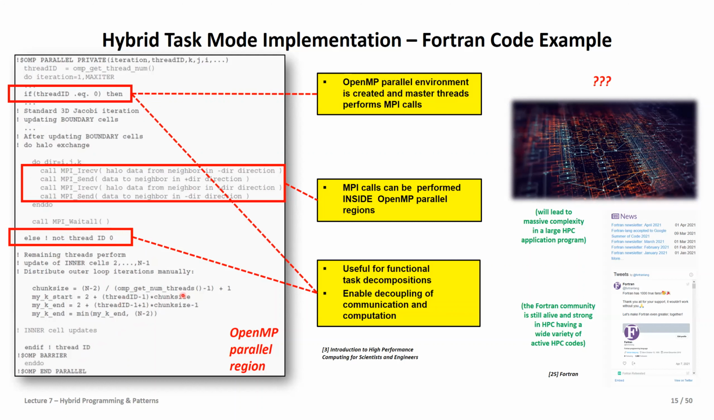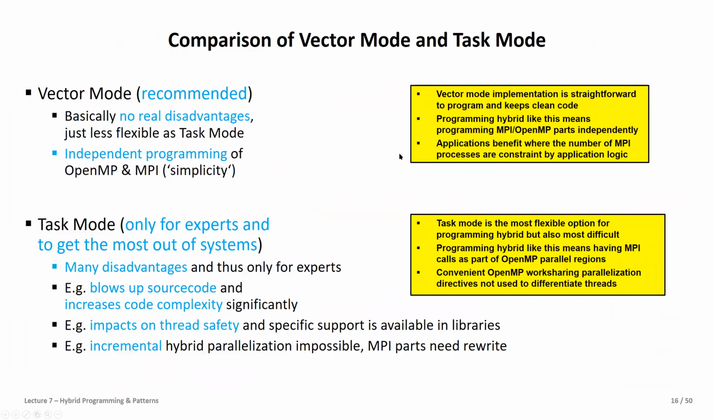Basically, it is good for functional task decompositions, yes, but definitely a little bit more complex. I just point here to some code pointers to Fortran, which is still a lively language in a sense. It has its community, and if you are interested, please have a look here. But in the end, you see it's definitely more complex if you do it inside OpenMP than all of these different MPI communications. So in other words, the vector mode is a recommended element,